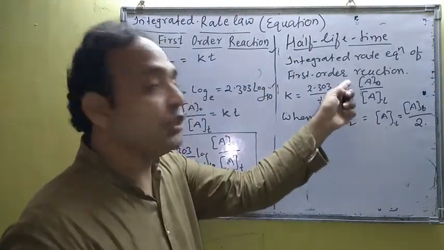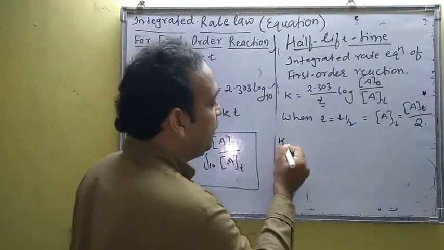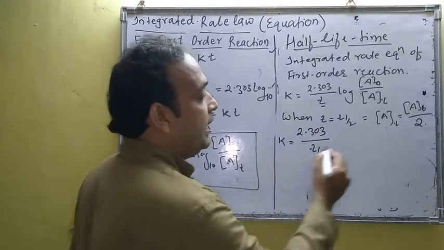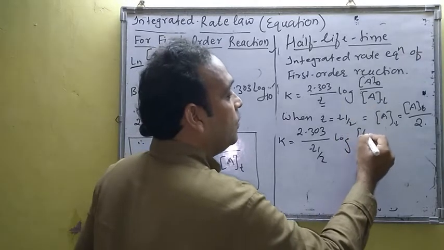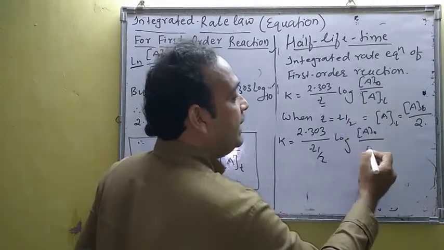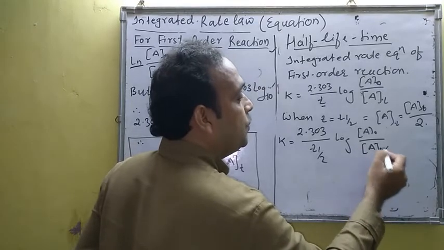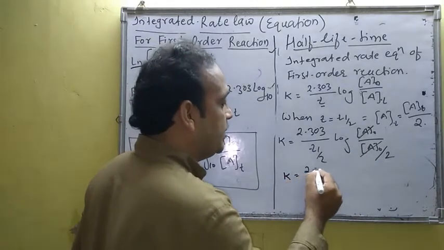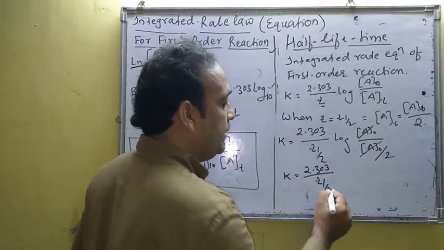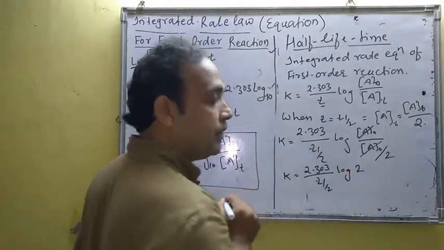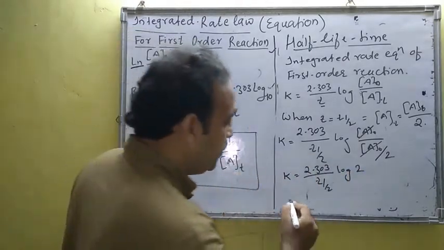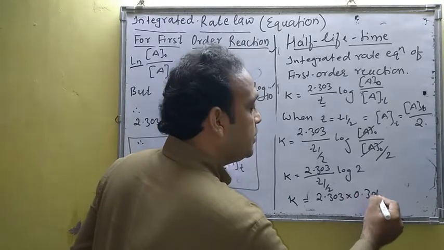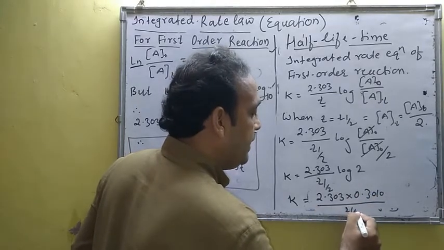Now substitute this condition here. As you substitute the condition, we will write here K is equal to 2.303. Now instead of T, write T half, log of A0 upon, instead of AT, write here A0 by 2. Now A0 gets cancelled. It's reciprocal. So we can write here K is equal to 2.303 upon T half log of 2. Okay, now log of 2 is 0.30. So we can write here K is equal to 2.303 into 0.3010 divided by T half, and now